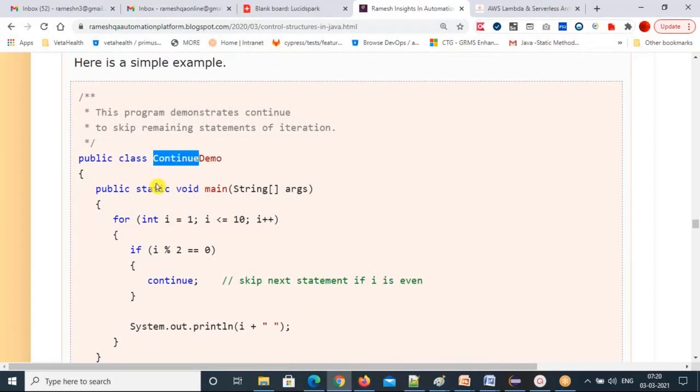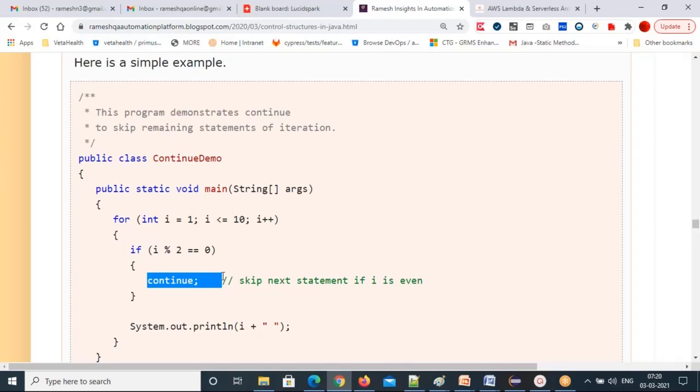public class ContinueDemo, for int i equal to 1, i less than or equal to 10, i plus plus. If i modulo 2 equal to 0, continue. So it will skip the next statement if i is even. Only odd numbers you are printing here. You can print odd numbers with this continue statement also.